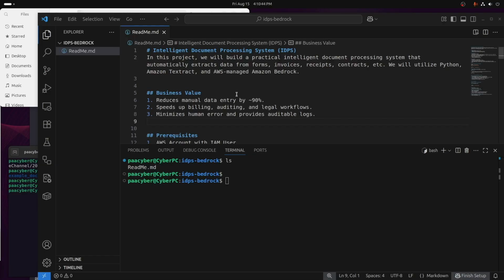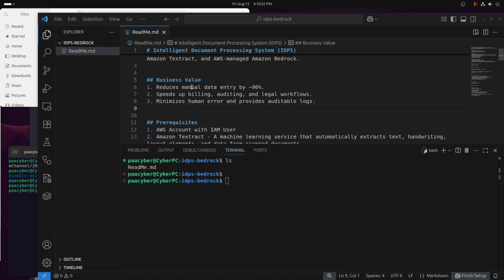Now, before we start, let's look at some business value and prerequisites for this app. Now, first, for the business value, this is going to reduce manual data entry by about 90% approximately. It's also going to speed up billing, auditing, and legal workflows for a company. It's also going to minimize human error and provide auditable logs. So these are some value that this kind of application, which is an LLM-based application, can present to a company